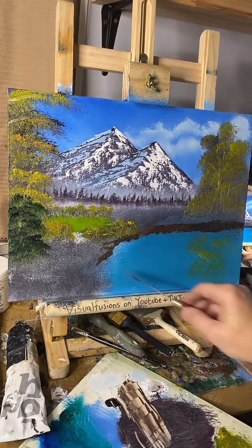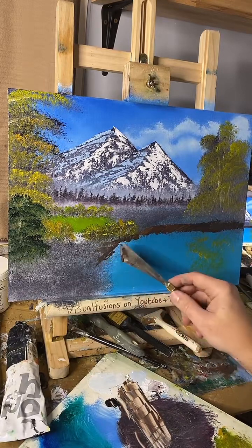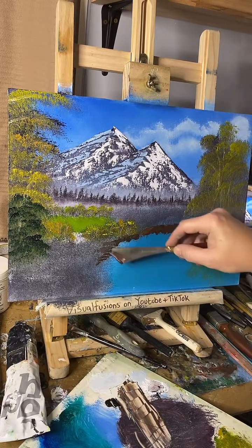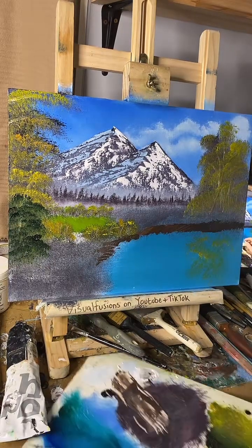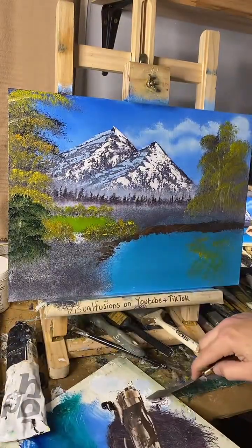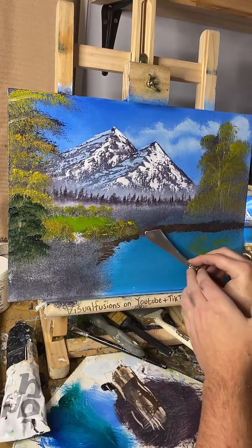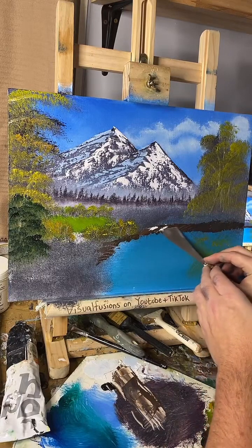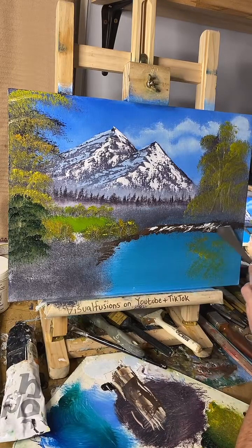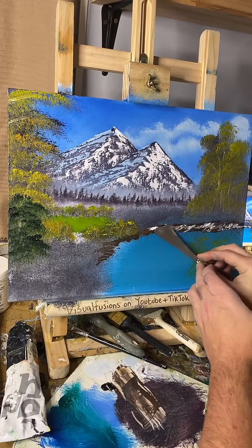Let's think. I can do some trees down there, so I won't go too much more with the land that I've got here. Right, let's just put a bit of highlight on that. Make it look like some mud. That's the idea. Just drag the same way I sort of did the mountains. Bit of highlight. Just the edge of where